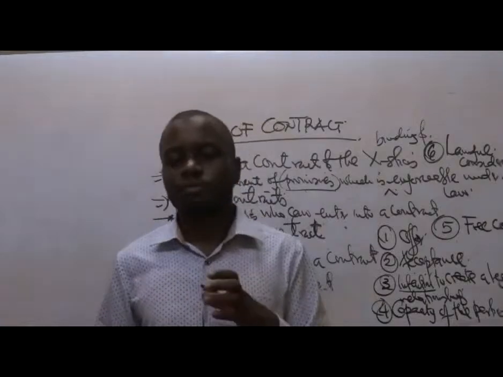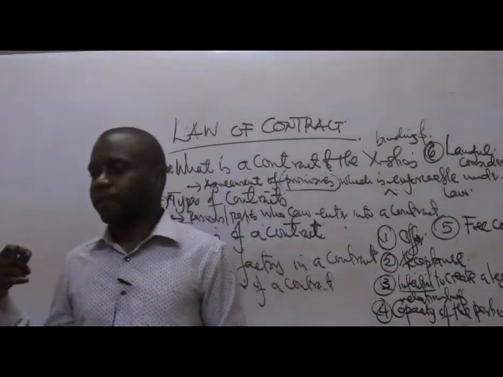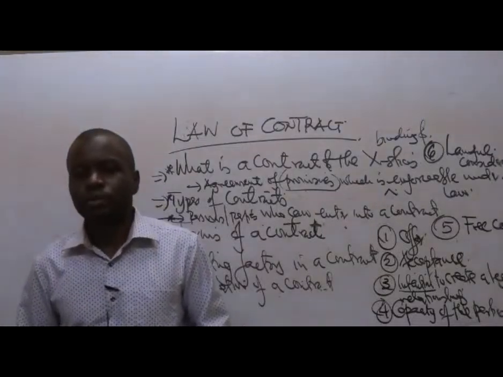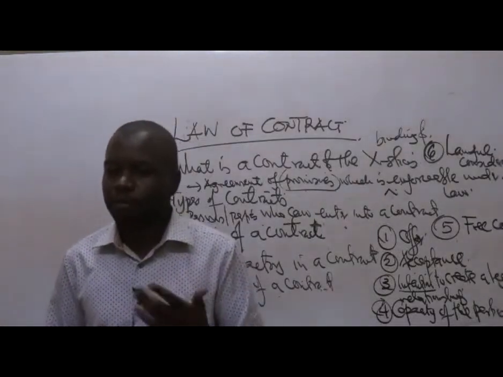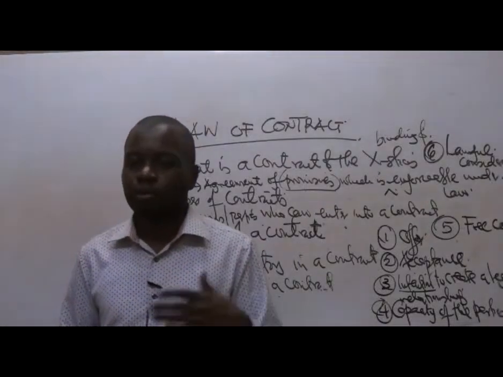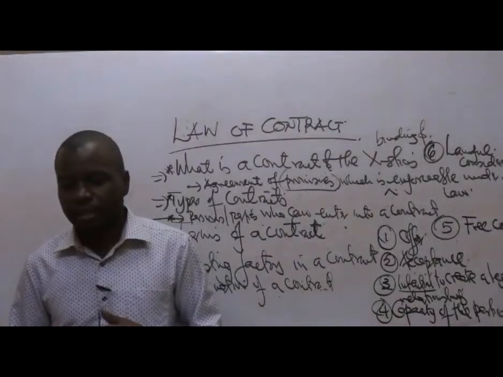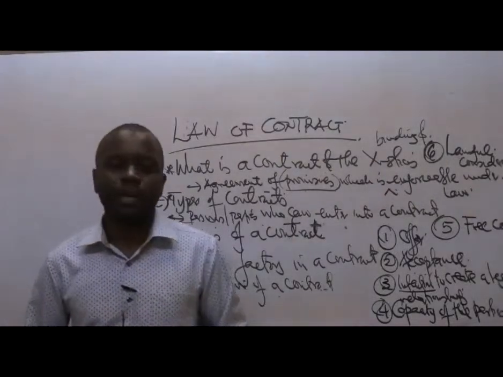There should be some form of consideration, the price that the other party is actually paying. The lady is going to leave the parents. So that is some of the price that she is actually going to pay: leave the parents and go to stay with the husband. On the other hand, the man is going to pay for